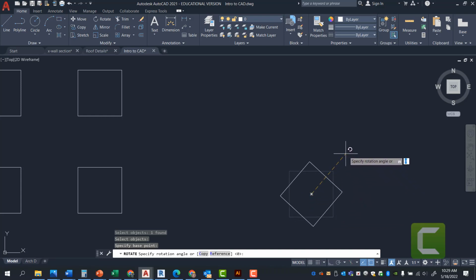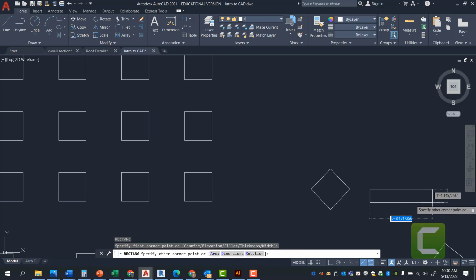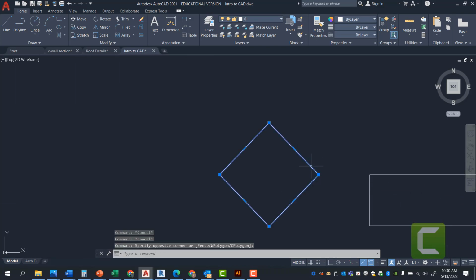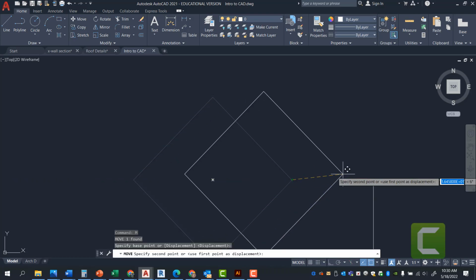So if I was to rotate the object from, say, here to 90 degrees, it won't show any difference because this is a square. So I'll just type in 45 as a reference. So this is now a square that's pretty much rotated to a 45-degree angle. Now, if I had a rectangle, let's say hypothetically, that I will be rotating in reference to make this align with the edge of the square, I will simply enter, move this object from this endpoint to here,